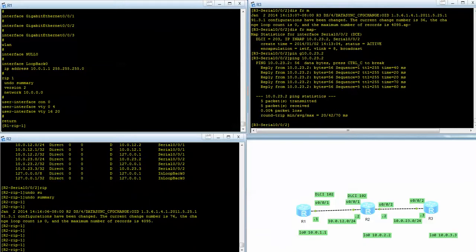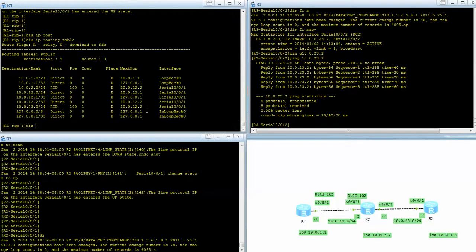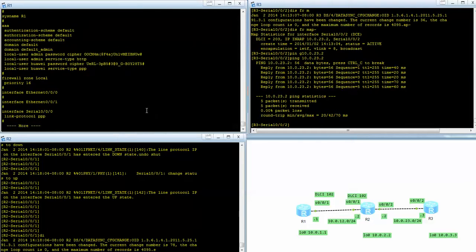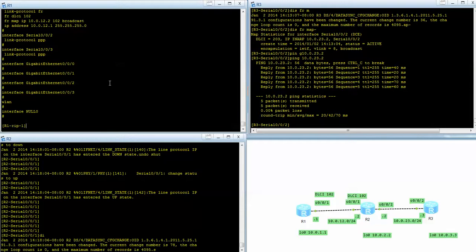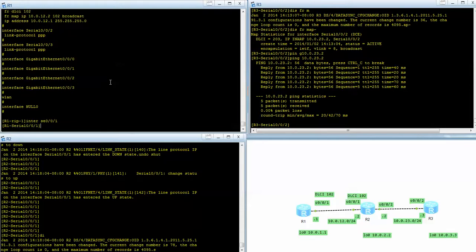So keep in mind for the frame relay plus RIP configuration, if you don't see the specific route, you have to disable the summarize. Another thing to remember: when we configured the map, we had the broadcast here, right? Let's see what happens if we don't have this parameter. So interface